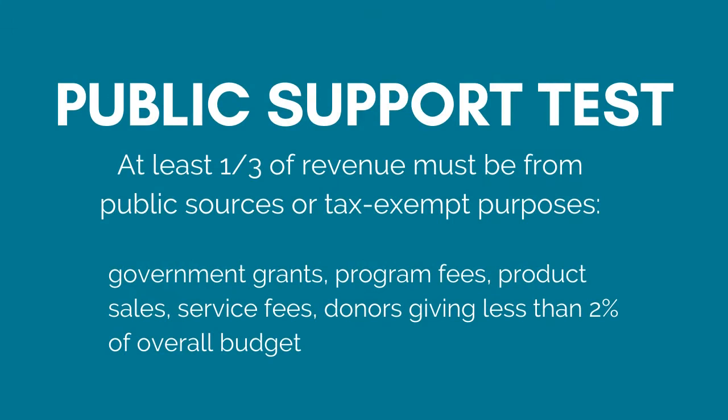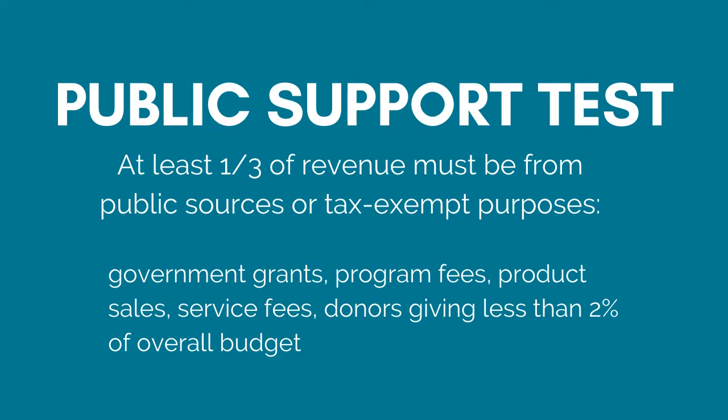Hey y'all, just wanted to stop here for a second to explain a little bit more about what I mean by the 5 years. So in the 6th year of your tax exempt status, the IRS is going to begin applying the public support test. What that means is they're going to look at your 990 form that you submit and see where your revenue sources are, right? So they're going to want to see that there's a diverse pool of sources